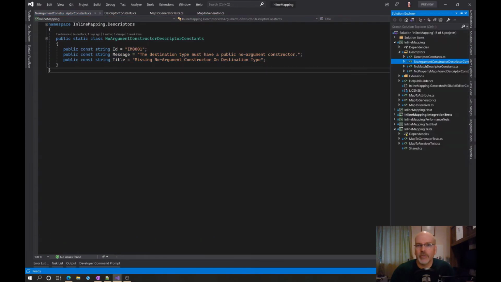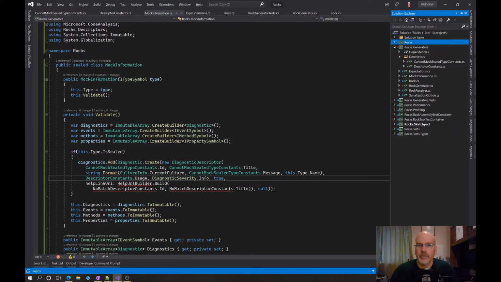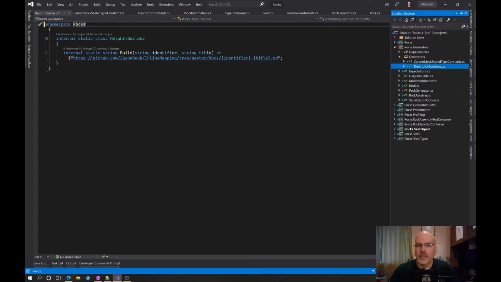The help URL builder. Yep. Guess what we're going to do? We're going to copy some more code. Are you going to be smart enough to do this? Oh, yes, you are. Yeah, you're so cute. Yes, you are. Rocks, do you already have this? No,